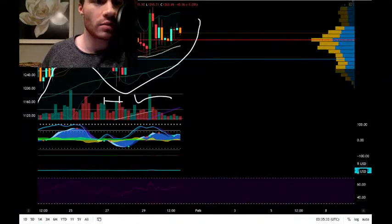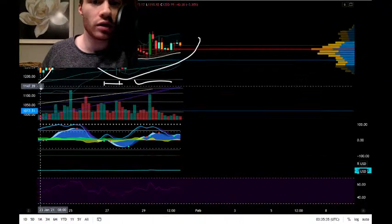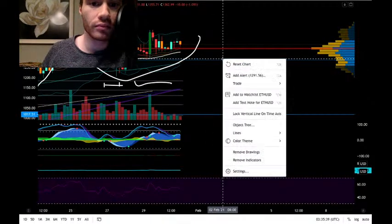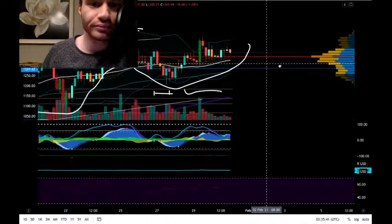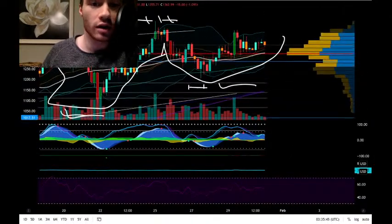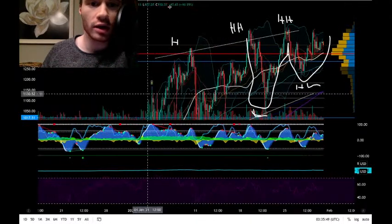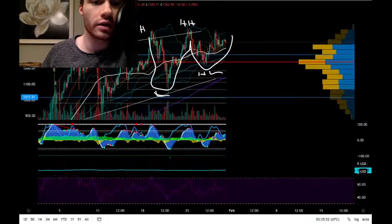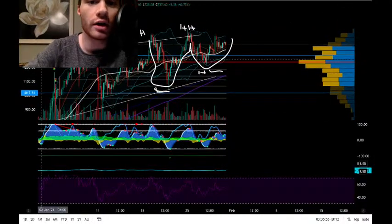We're going over some ideas on Ethereum. Oh, Ethereum's still where it was yesterday when we were going over this. There were a lot of ideas that we were talking about here. This is the double bottom idea. This is the uptrending channel idea. And this looks really good. It's just